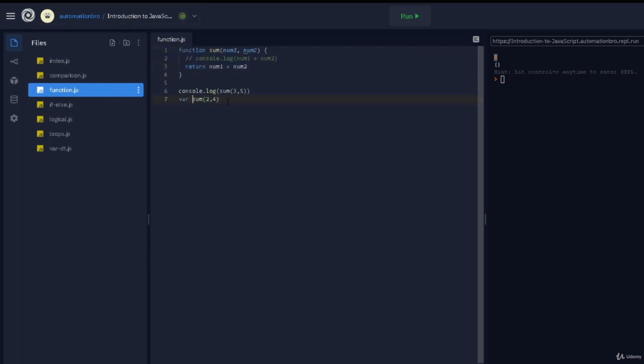If I do this, for example, mySum equals, and now I can print out console.log mySum, and there you go, it's 6. Basically what we are doing over here on line 6 is pretty much the same as what we are doing on line 9. Instead of assigning it to a variable, we are directly printing it out over here.